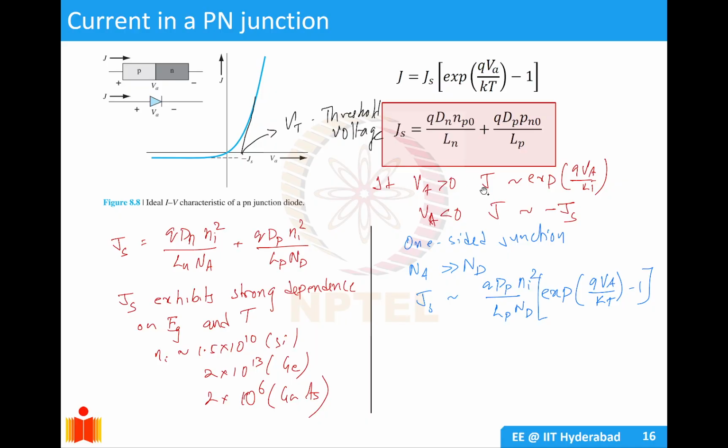So at high Va value, this becomes very large, so minus 1 can be neglected. At negative Va value, this becomes very small, and this can be neglected. So we can assume if Va is greater than 0, J is approximately Js exponential q Va by kT. If Va is less than 0, then J is approximately minus Js,